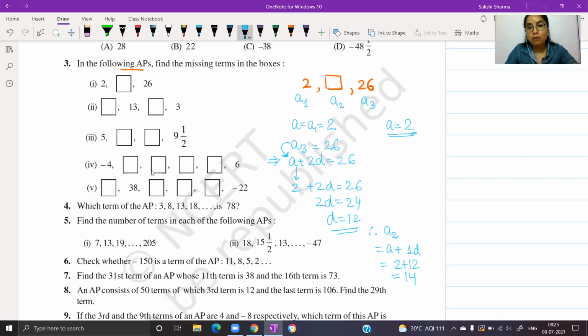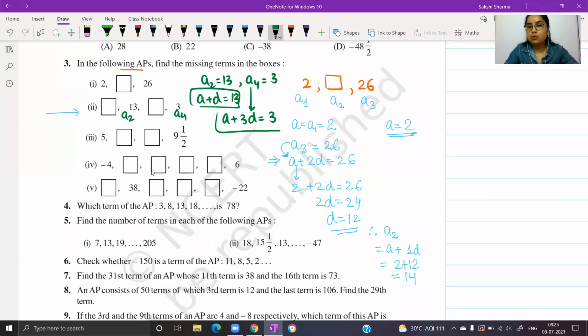Solve those equations, obtain the value of the variables used. The variables you will be using are A and D. तो आपके पास अगर A और D की value है, तो आप कोई भी term find out कर सकते हो. If we look at the second part here, we have A2 and A4. तो यहाँ से आप 2 इक्वेशंस बना सकते हो. A2 से आपके पास इक्वेशन बनेगी A plus D equals 13, और फोर्थ टर्म की हेल्प से इक्वेशन बनेगी A plus 3D equals 3.